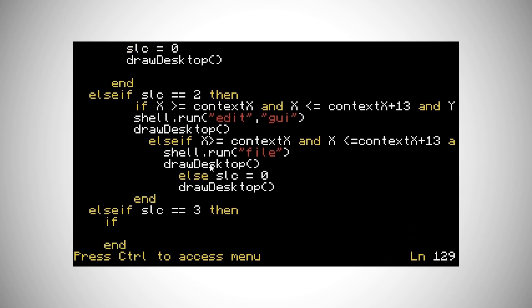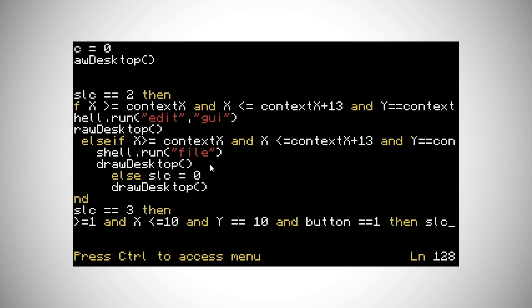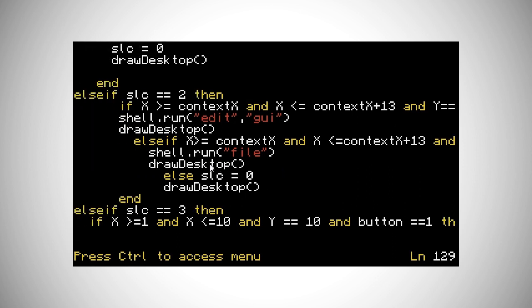If x is greater than or equal to, what was it, 1, and x is less than or equal to 10, and y is equal to 10 and button equals 1, then I shall see equals 4. And this isn't defined yet, but I'm just going to go draw, rename,